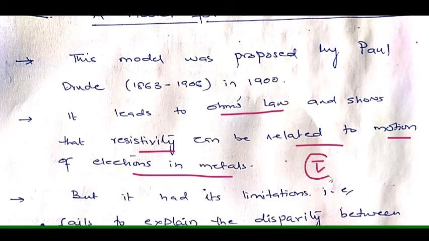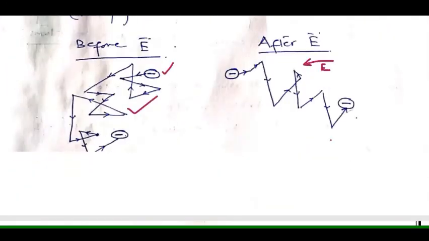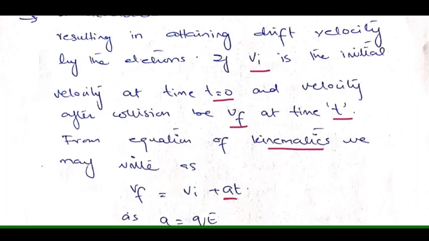So if they are moving in such a way that they are colliding with one another after a longer period of time, then their conductivity will be higher and their resistivity will be smaller. So this is what we have proved in this article. Okay, now moving on to article